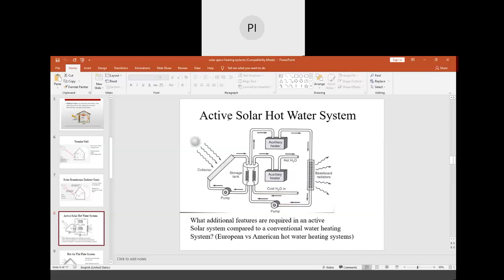In that condition, it takes nearly 4-5 hours. In that period, the room may get warm. In this manner, room space heating is very easy. Sometimes this whole mechanism can be used as a water heating system also. There are two types of uses in this phenomenon. An active solar water heating system can be used for room heating, that is, space heating purposes, also.